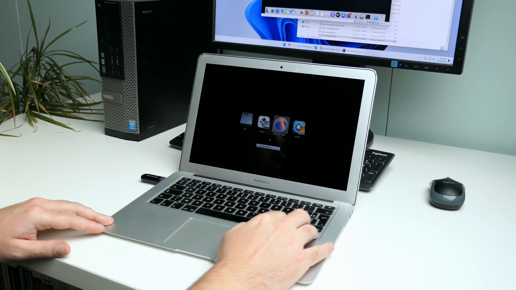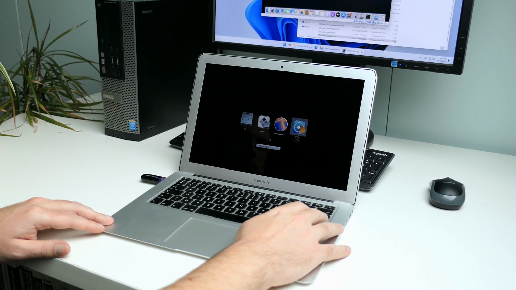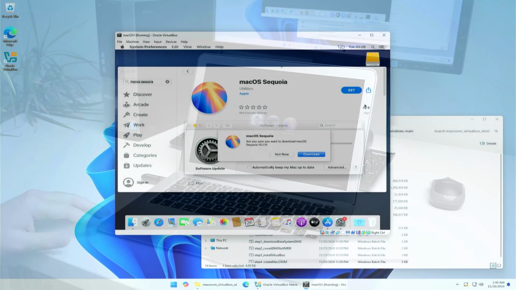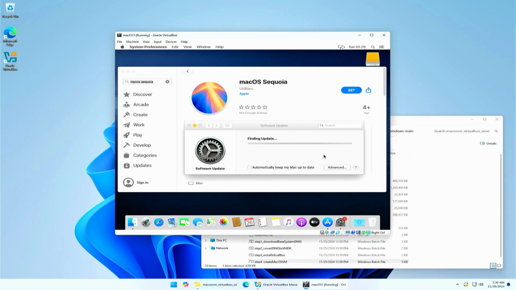If you still would have access to a macOS-based machine, creating that same bootable macOS installation media from macOS itself is fairly easy. You just need to download the installer from the App Store and then run the createinstallmedia script from that application's contents. I covered this in detail in a previous video.